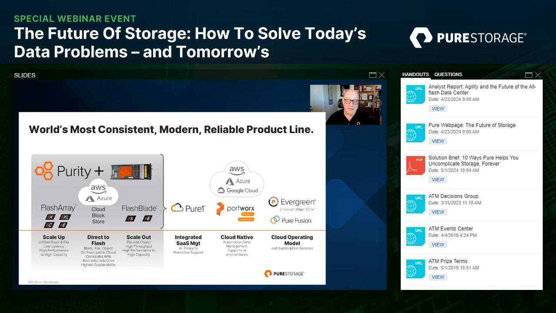And then the way that you consume it should be flexible as well, whether you're doing a traditional purchase, and we'll get into what Evergreen is like in a minute, or if you want to consume it truly as a service, so it really mimics what the public cloud is like, and you don't have that initial investment. Pure has you covered with the most complete and consistent storage platform, regardless of what you're looking to achieve.